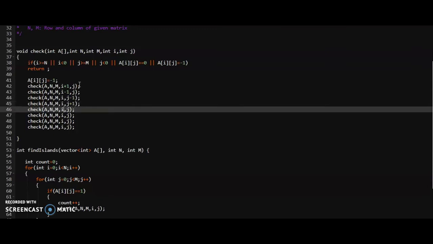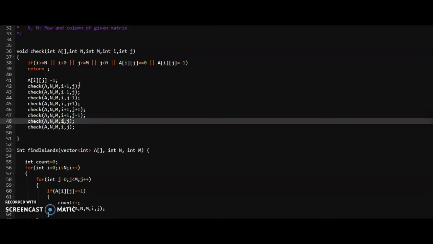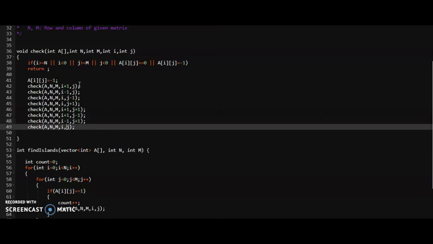Now we are going upside, that is i plus 1 and similarly j plus 1. Now i plus 1 and j minus 1 similarly, and i minus 1, j plus 1, and i minus 1 and j minus 1. These are all the 8 positions.